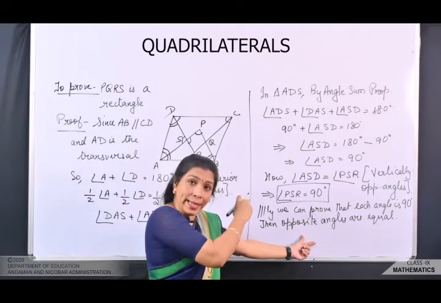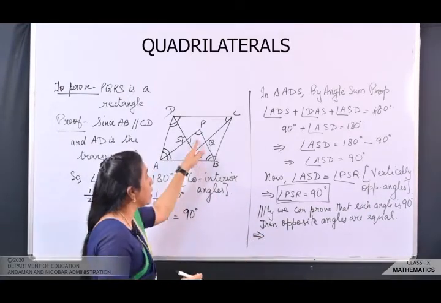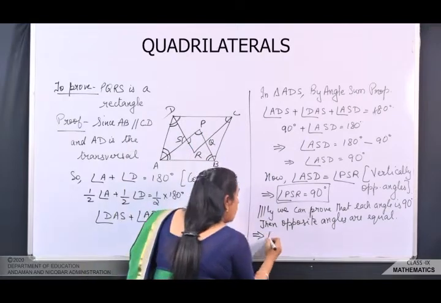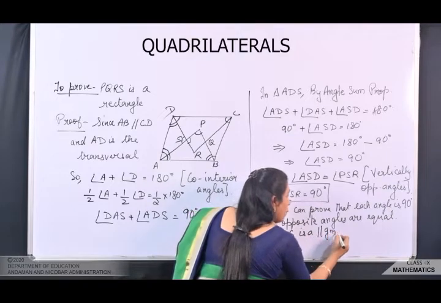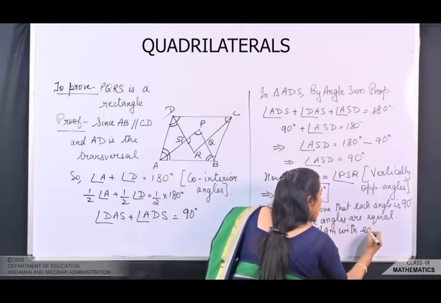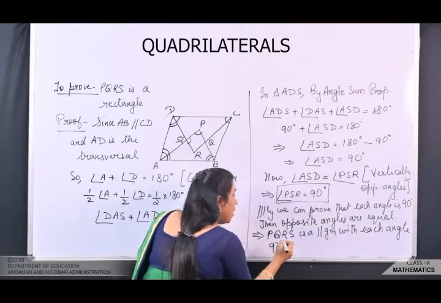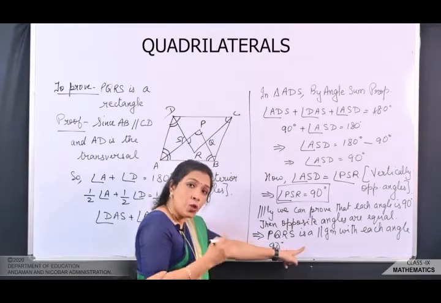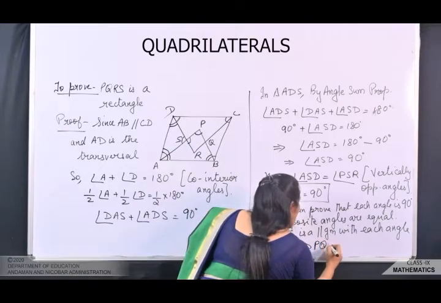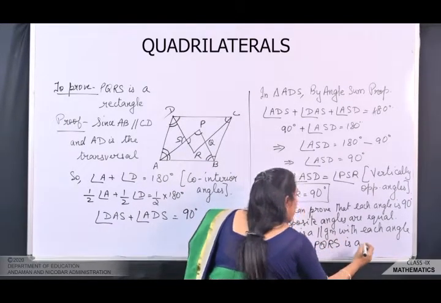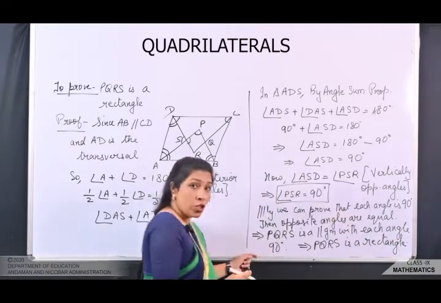Which means we've got that this quadrilateral is a पैरेललोग्राम। तो हम यहाँ पर क्या लिखेंगे? विच इम्प्लाइज हमारा क्वाड्रिलेटरल का नाम क्या है? PQRS। PQRS is a parallelogram with each angle 90 degree, isn't it? और अगर ये हमें मिल गया, which means PQRS is a rectangle, which implies PQRS is a rectangle. I hope this question is clear, children.